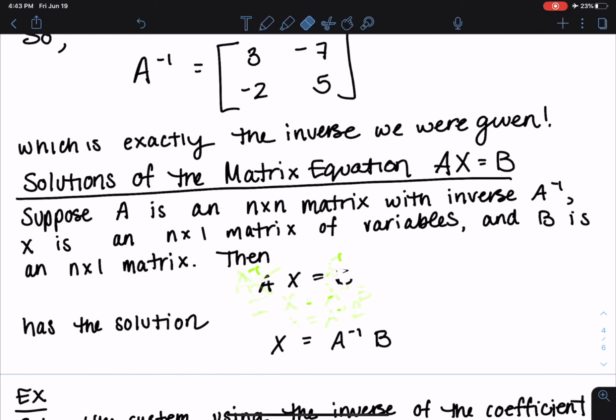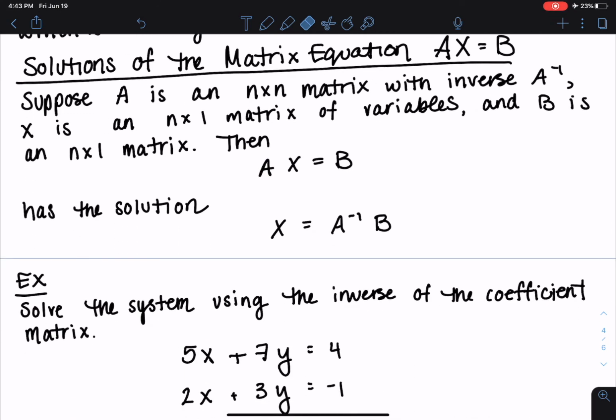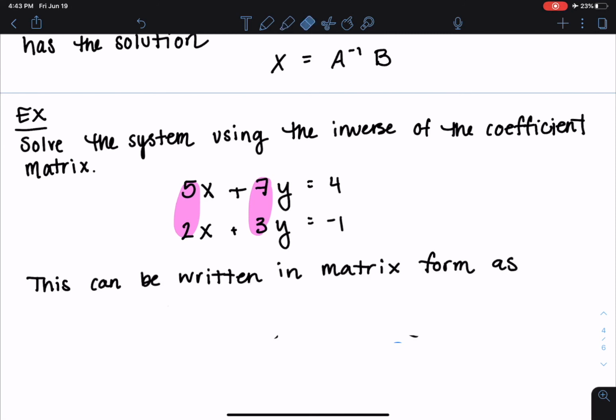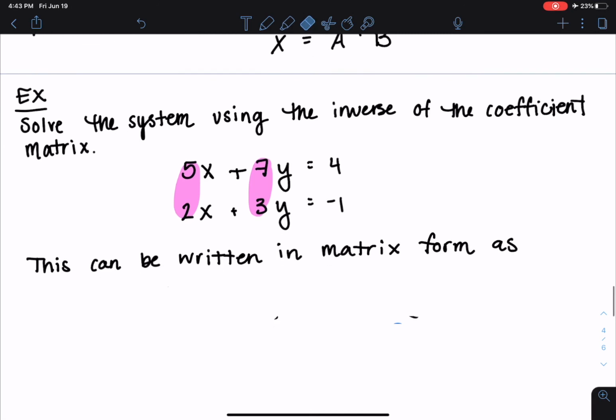Okay. So let's utilize again the same matrix we've been dealing with before. Let's solve this system using the inverse of the coefficient matrix. So really, if you look at these coefficients, we're going to pull those off into our matrix A. So this can be written in matrix form as the coefficients times that variable vector, because if you went through and actually multiplied these, this first row